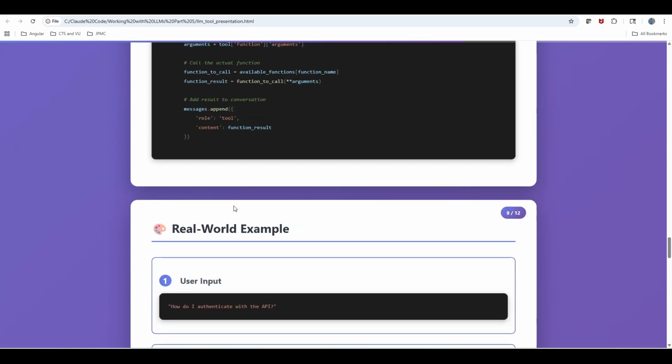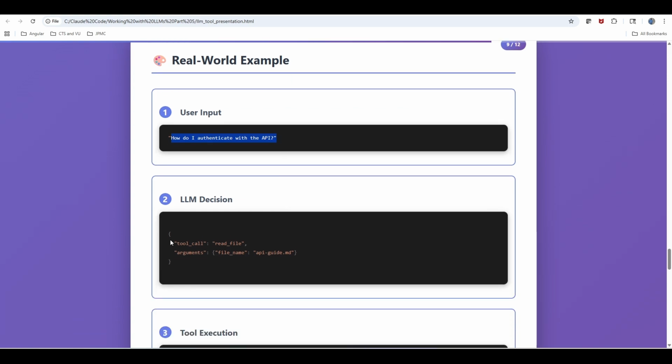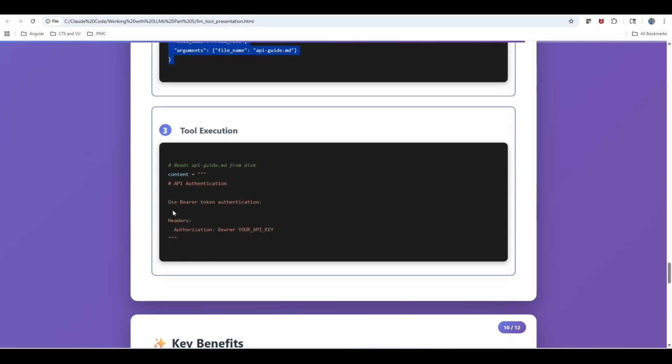Now a real world example: the user is asking the question in natural language, and then it will figure out that it needs to call the read file content, and then it will pass the specific file details. The LLM will be able to identify which file needs to be read, and then finally it will read the content,